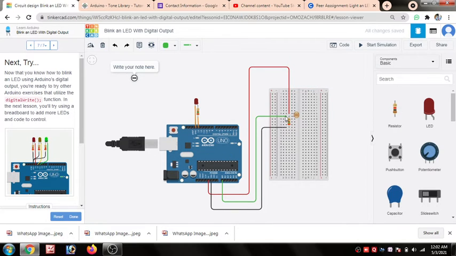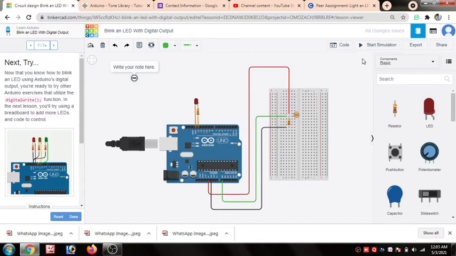I have connected the first end of the photoresistor to the power supply, represented by the red wire. And I have connected the second terminal of the resistor to the ground, represented with a black wire. And I have taken the input of the photoresistor. As we know that it is a sensor and we need input from it to the Arduino, I have used a green wire for the input, and I have connected it to the A0 pin.